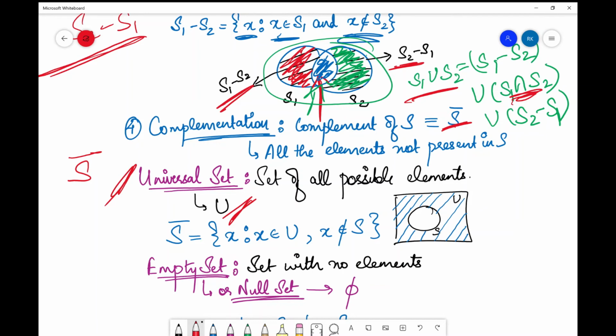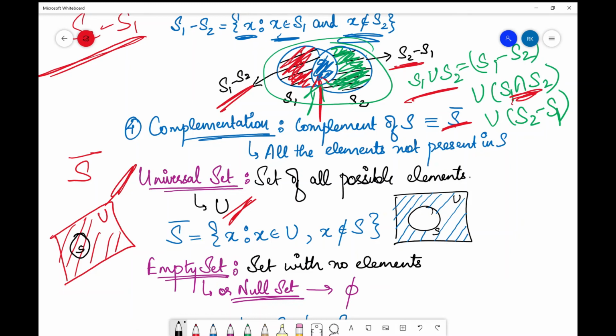Okay, now let's just represent this S complement with the help of a Venn diagram. So first of all, how do I represent a universal set? So I draw a rectangular box and I write this U on the right hand side upper corner, which essentially means that this entire thing is U or is our universe. Now if I have to represent a set S in it, I would write this is my set S, and I can write S within it.